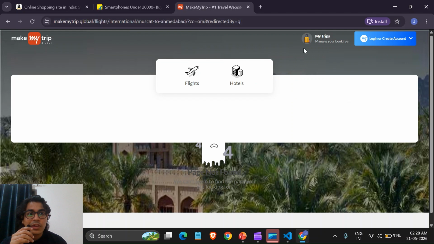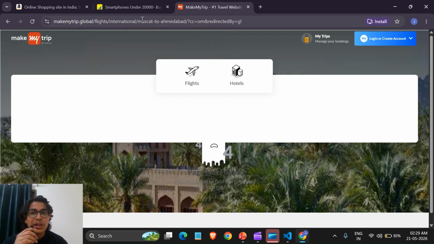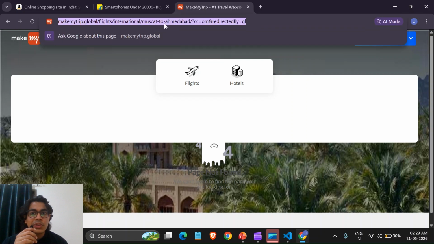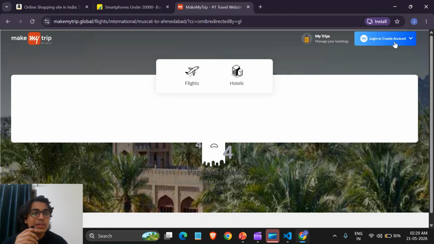Or else, if I had already logged in or saved this account using my Gmail, there would be no need of logging in over here. I'm not going to log in over here. But you can see it has kept Muscat to Ahmedabad, so we would be able to see the flights. The only thing we need to do is log in first.